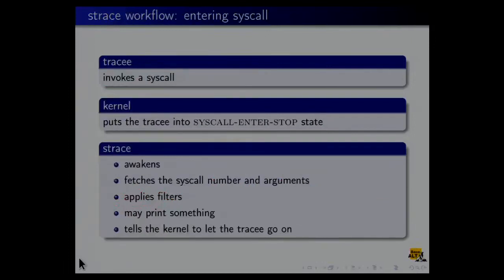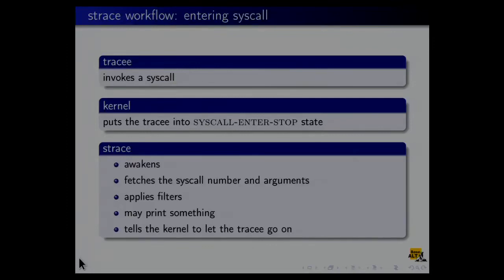Now I'll try to explain what's going on under the hood and how it's all implemented. When the tracee invokes a syscall, the kernel puts it in the so-called syscall-enter-stop state. So it's completely stopped. At the same time strace awakens, fetches the syscall number and its arguments, and applies the filters you've seen, and all other kinds of filters that strace supports. It decides and may either skip this syscall or print something, and then it tells the kernel to go on